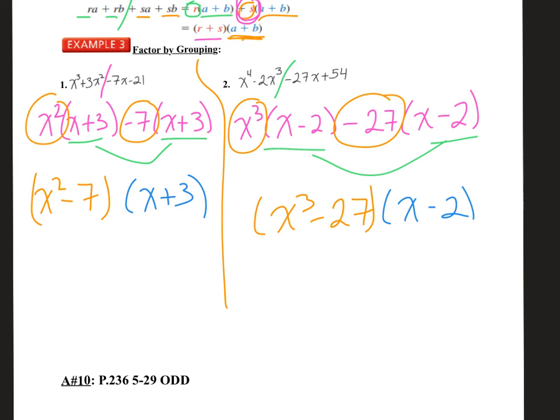But it doesn't end right there, does it? Because we know from the last example, x to the third minus 27 can be broken down just a little bit more. If we label our a x and our b 3, because 3 to the third power is 27,